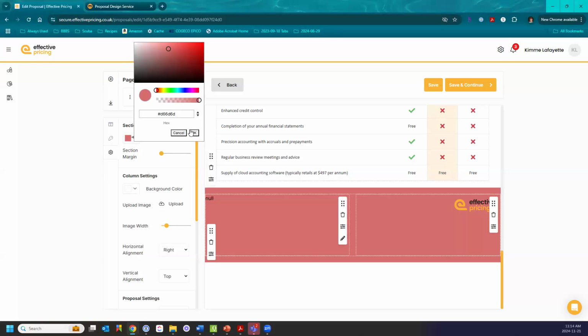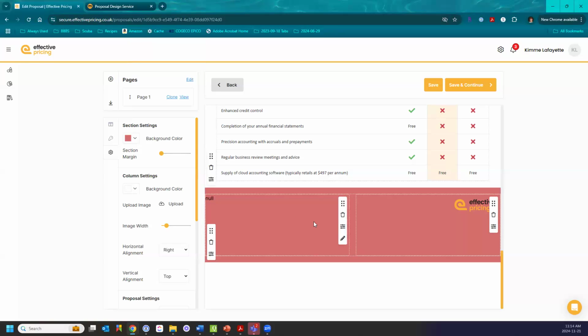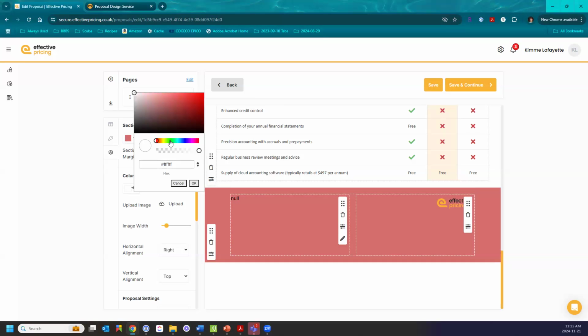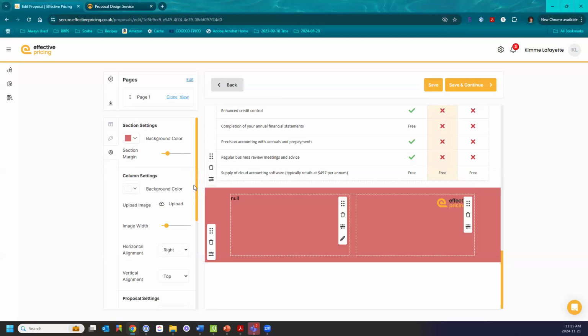So let's just say I want this sort of, that's not the color I wanted, pink or red, but I could put that in as a background color. I could say that I want some margins, and you can see my columns are now indented on both sides. I can put different background colors if I want